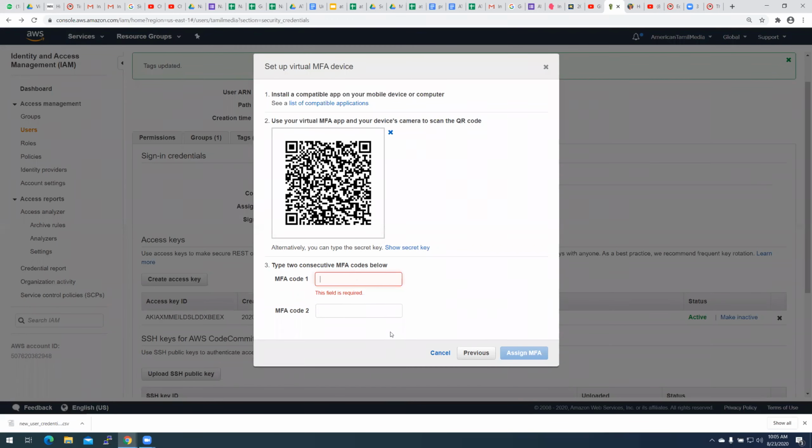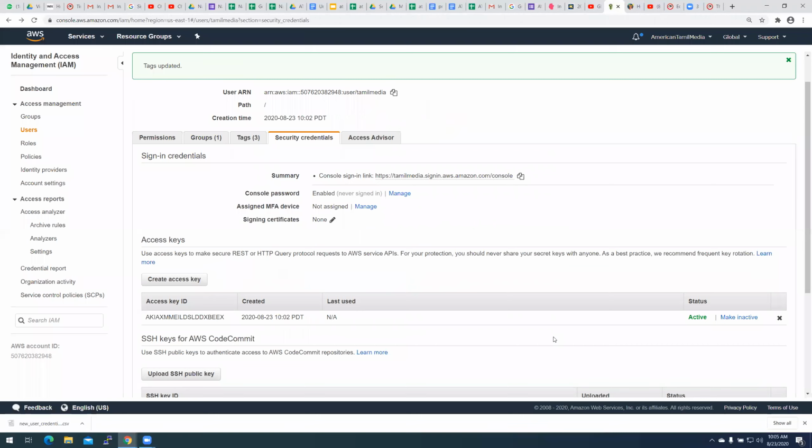I can assign a name, and my phone will always be required to get the one-time password or the multi-factor authentication password to sign in later. You can practice later how the MFA is assigned.